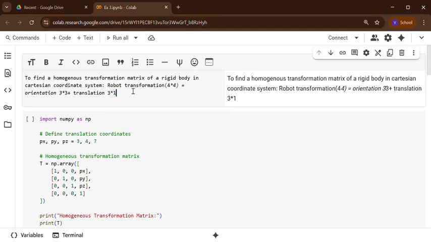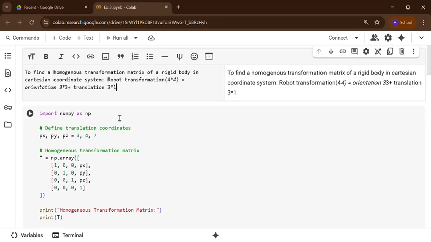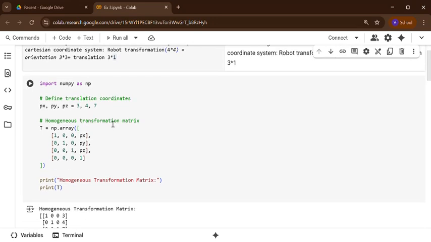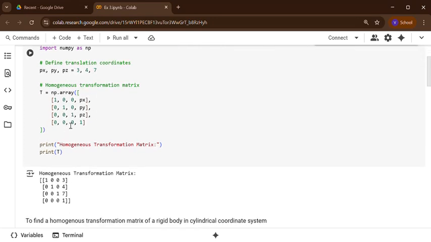Now we are going to see how to get the robot transformation matrix for any standard robot. The first robot is the Cartesian coordinate robot, or Cartesian manipulator, or rectangular manipulator. We know that a Cartesian manipulator has only 3 prismatic joints. Say the 3 joint values are given as 3, 4, 7. Then directly put them into the matrix.